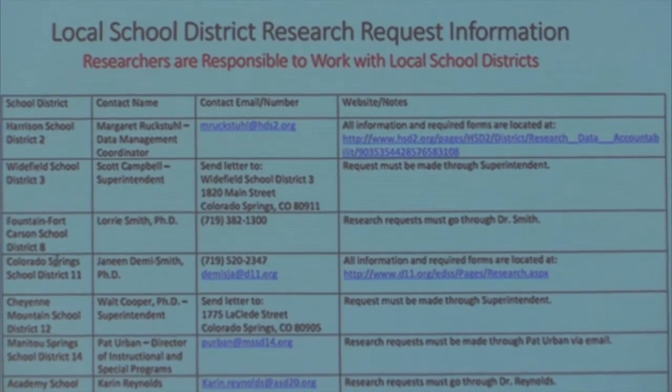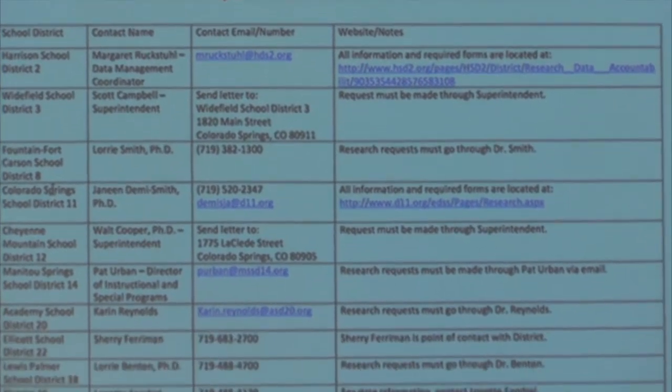For D11, it's Debbie Smith, and we've got her phone number and an email. So it's not always enough to get a letter from the principal of the school. If it's part of District 11, she needs to know about it.